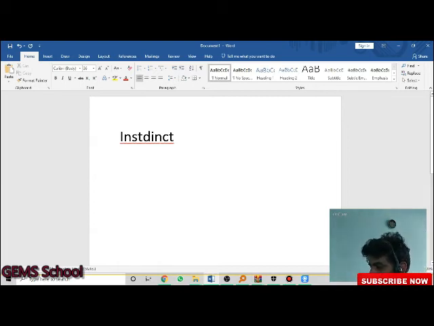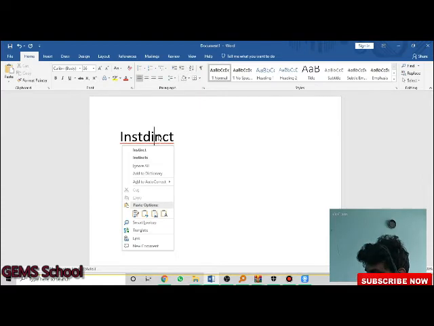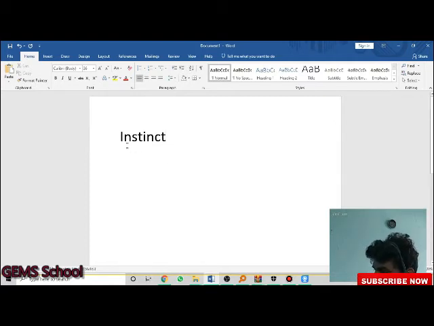The spelling is wrong, so you must understand that we need to put the correct word. So how to change it? By the way, if you don't know how to change it, don't worry about it. Just select it and right click, and it will ask which word you want to select. Just select the appropriate word. Once you click the appropriate word, the red underline disappears.